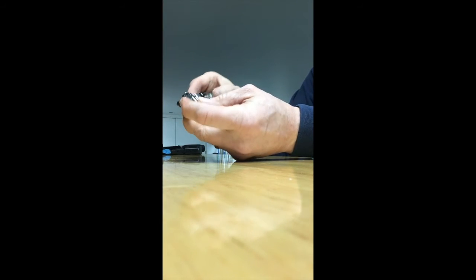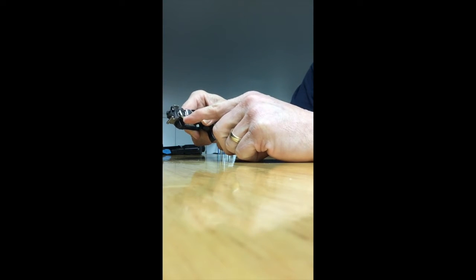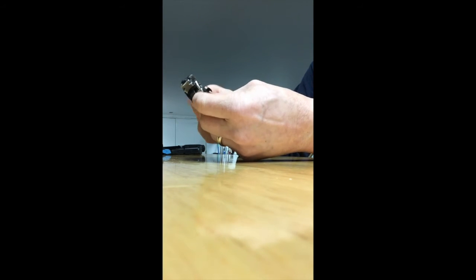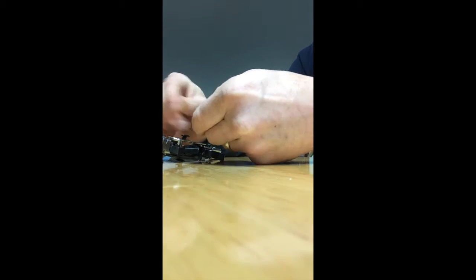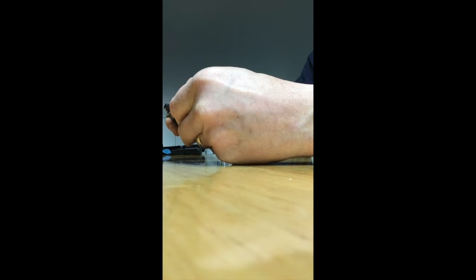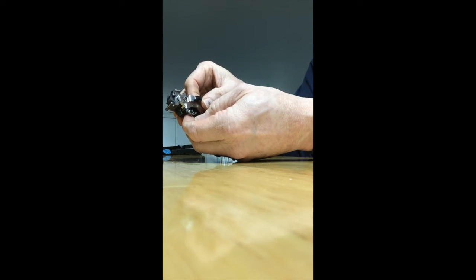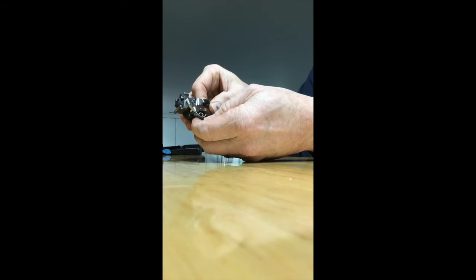I've taken the liberty of removing the trigger spring. The trigger spring extends into this hole here, and underneath there is another hole, and the spring assembly looks like this, and it fits in place like this as well in here, and then it hooks. I'm not going to hook it right now. It takes a little bit of effort to do that. I've seen people do it with their hands. I can't do it with my hands. I have to use a pair of bent needle nose pliers to get that in, and I do have an